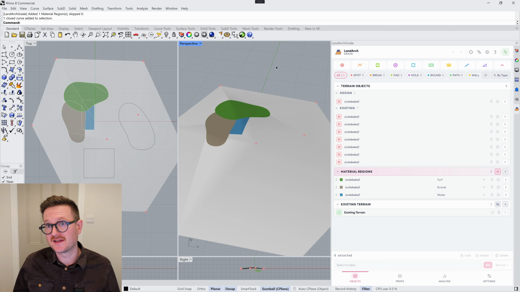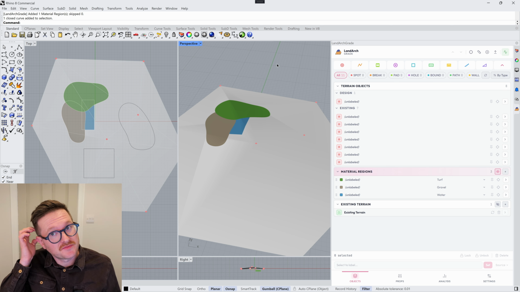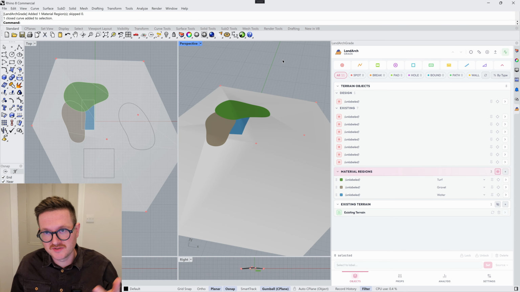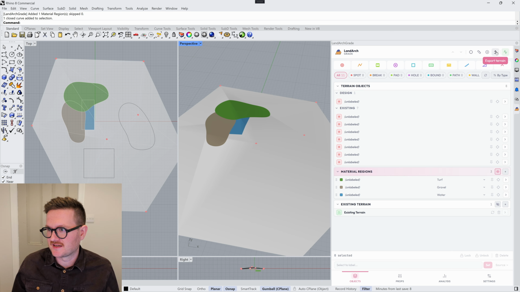So this is a good point to start talking about the export functions. Once you've got your terrain all set up and beautiful and designed, you may want to start rendering your terrain or sending it to your BIM application or into AutoCAD or to Vectorworks. So we handle all of those situations. The export button is up in the top right. You can click on that. And you have three options: DXF,